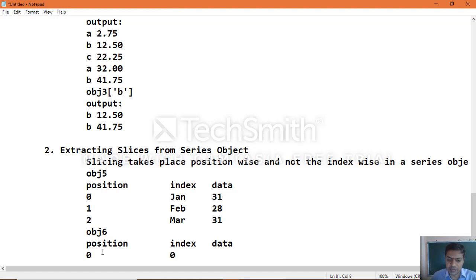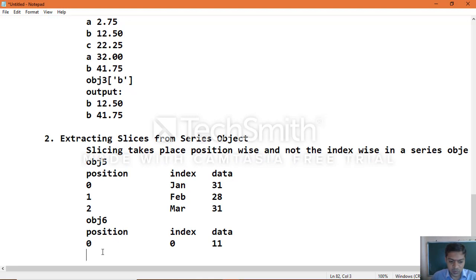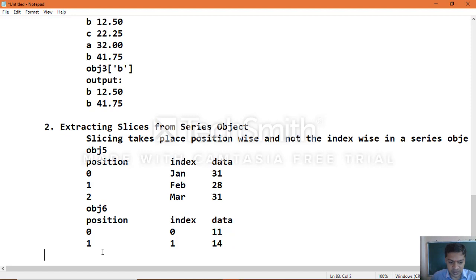By default the index was applied because we used the numpy module's predefined function arange. It starts with 11; position 1 increments, index number 1, then the output data is 14.